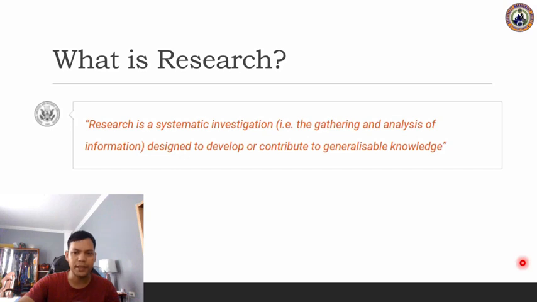So for example, a hypothesis is formed, appropriate research methods are designed, and the data is collected, as I have mentioned a while ago. After collecting the data, you need to analyze the data. And of course, once you have analyzed the data, you have these research results, and then you need to summarize them in one or more research conclusions. These research conclusions are then shared with the rest of the scientific community to add to the existing knowledge and serve as evidence to form additional questions that can be investigated.